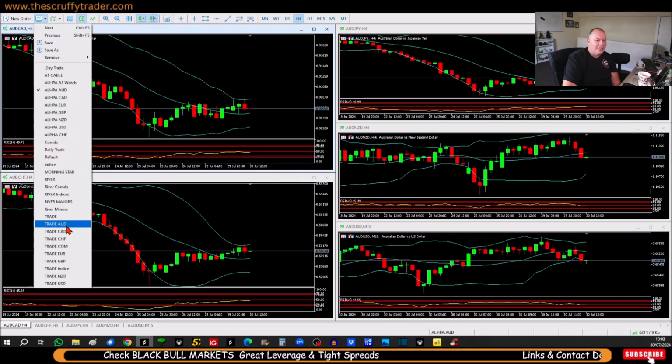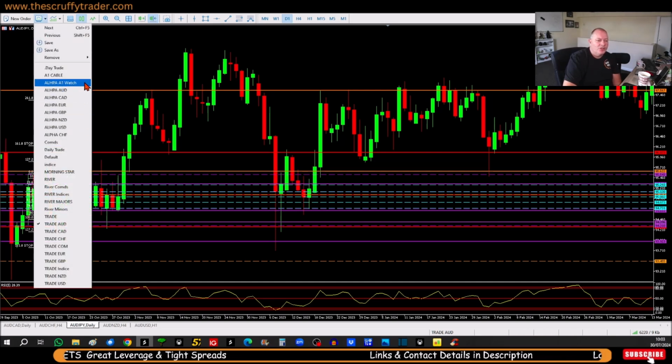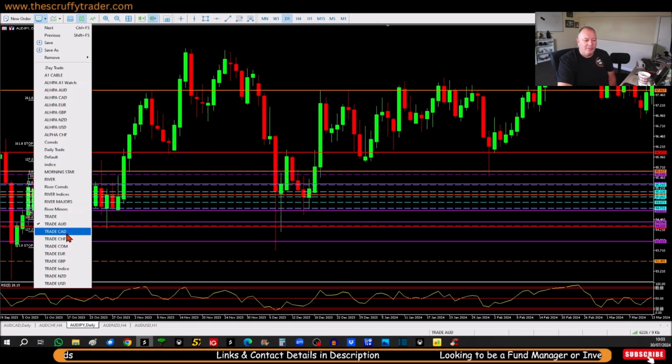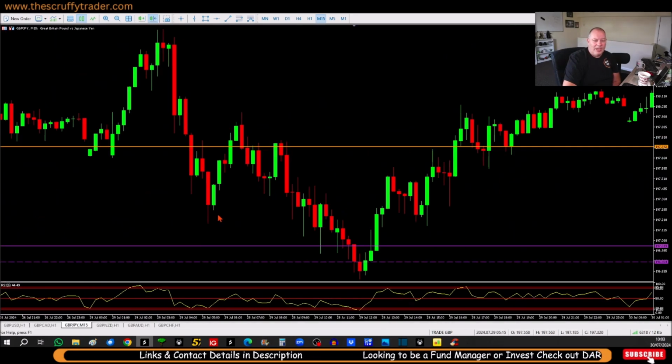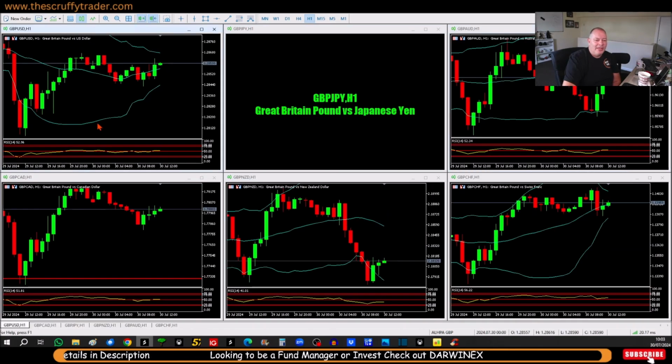So for argument's sake, say I'm doing a load of scribbles on the Aussie JPY. I have it broken up into two sections. I have what's called the alphas up here, which are clean, and then I have the trades down here. Now the difference between them is exactly what it says it is. So for argument's sake, I can look at, say, pound JPY. You can see it's got all my marks on it, but I have a replica up here,